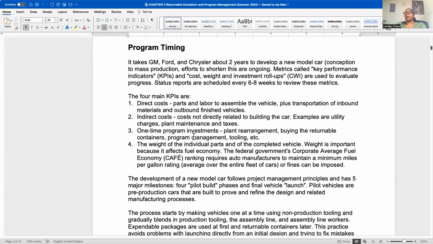So it talks about these milestones. So you've got pilot builds, and you've got launches. So these are checkpoints where you get in,